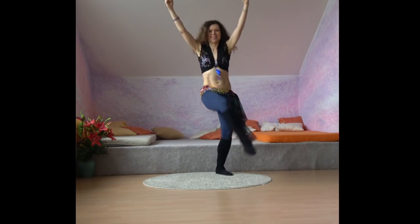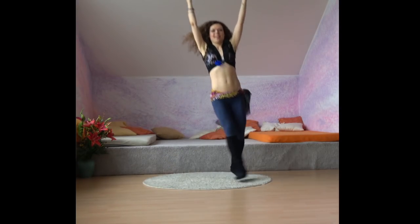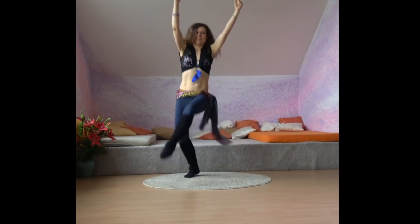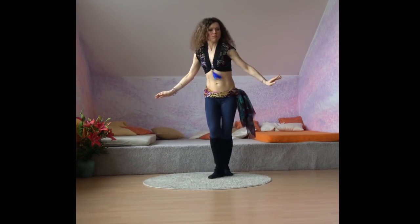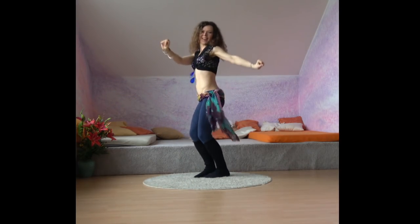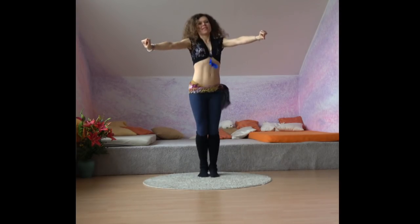And we're gonna hop, guys. And hop, and 4 more counts. And let's just shimmy the chest, walk front and walk back. Sweet. Next move, we're gonna stand feet together and we're gonna twist the hip forward and forward, slightly going deep